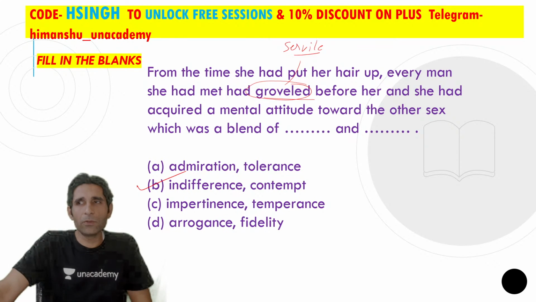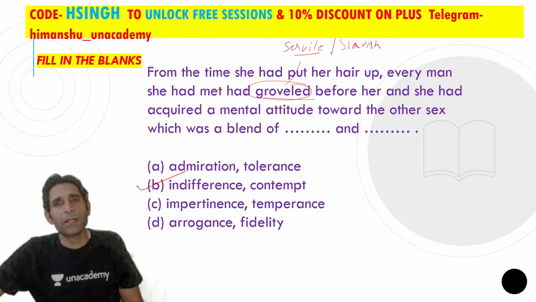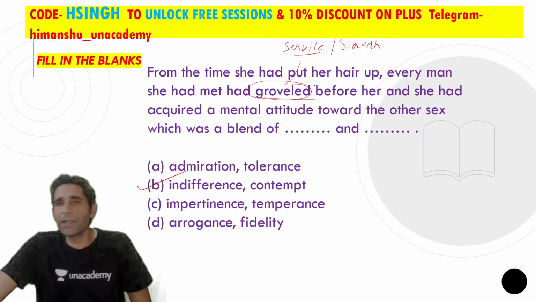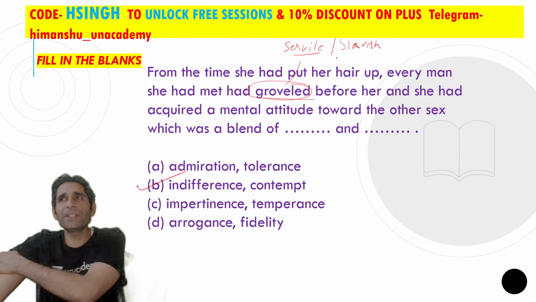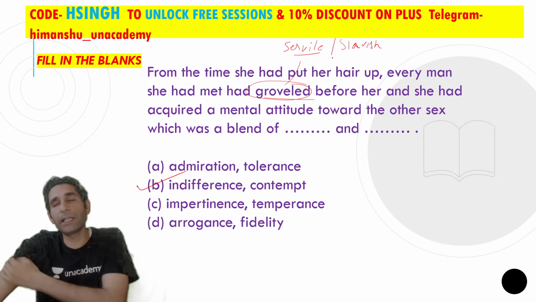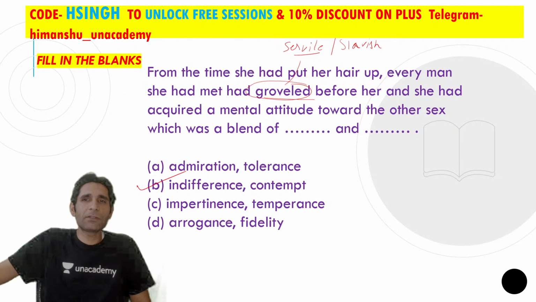ठीक है, like when you grovel you basically lie down in front of the person. It's like a servile or slavish attitude. स्लैविश एंड सर्वाइल का मतलब क्या होता है? To act like a slave. Okay, so obviously you're talking about a certain girl and maybe she was very beautiful or something. Every man has acted in a servile or slavish manner, and when you have people who act in a servile manner or they grovel before you, you obviously become indifferent to what they think, and you become contemptuous. का मतलब आप के सामने जब लोग लिटरली सर्वाइल और स्लैविश एटीट्यूड दिखा रहे हैं तो